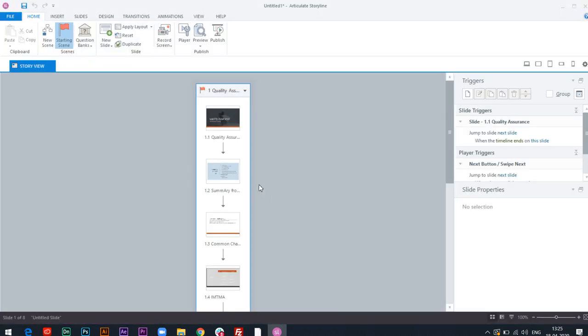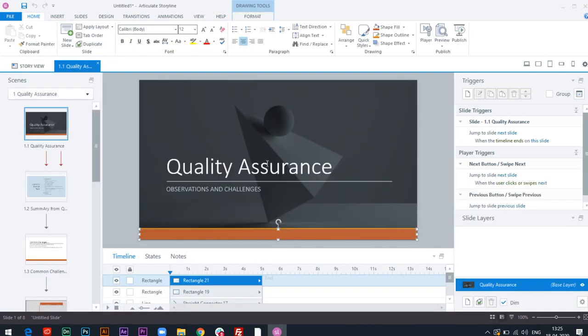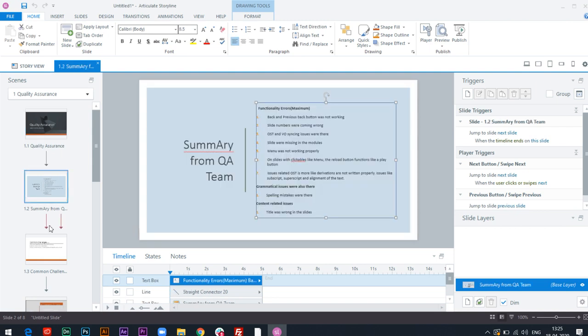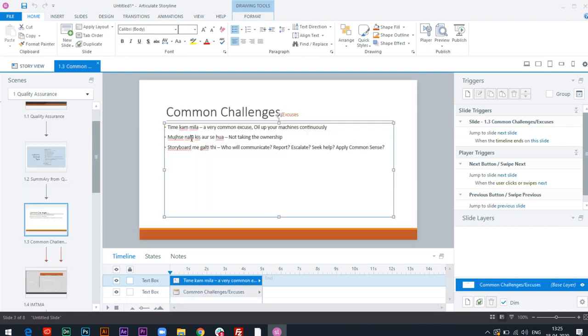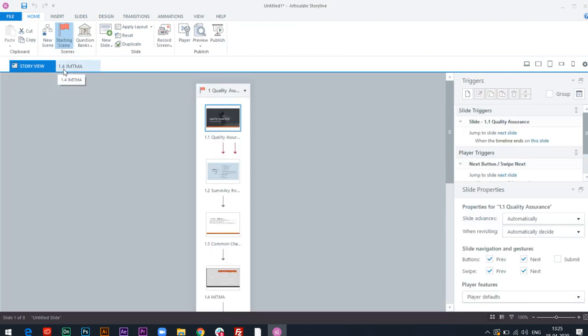So as you see, all my files have been imported into my project. I can click on it and see if they've been imported fine. Yes, they look fine. I have all the text imported here. Now we can directly publish this from our Storyline project into a SCORM file. One thing you need to check is that all your text is aligned.